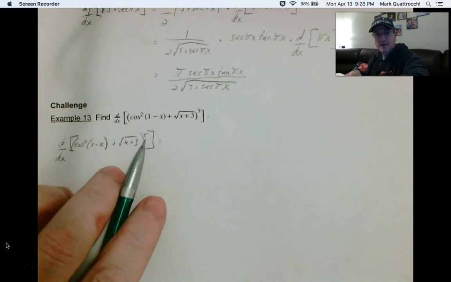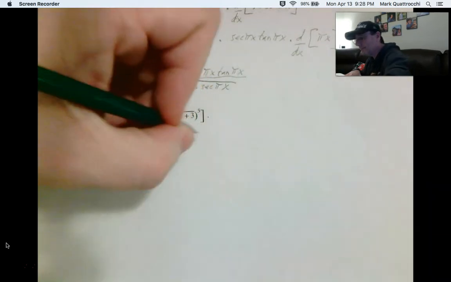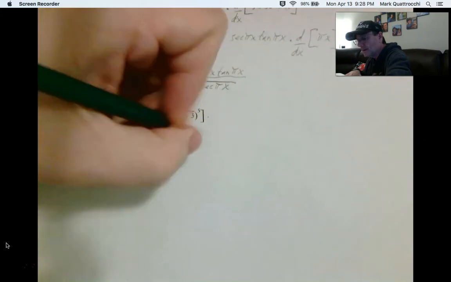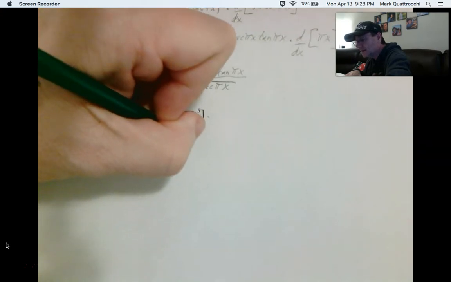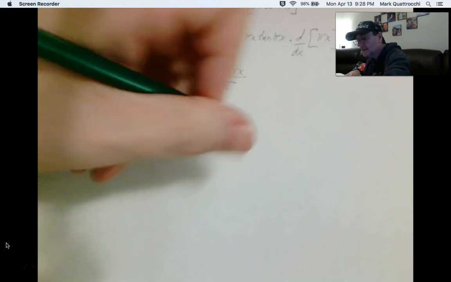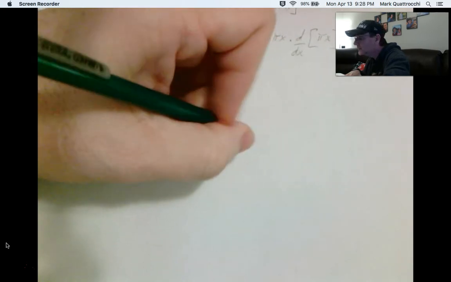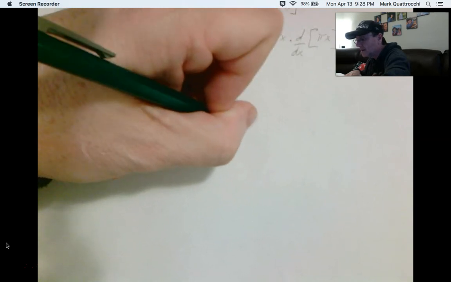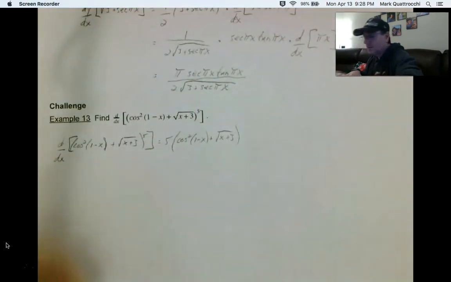The outermost function here is the 5th power. 5 cosine squared 1 minus x plus square root x plus 3 to the 4th power